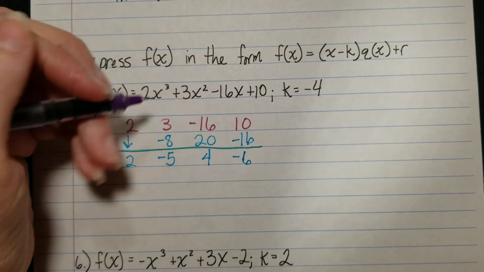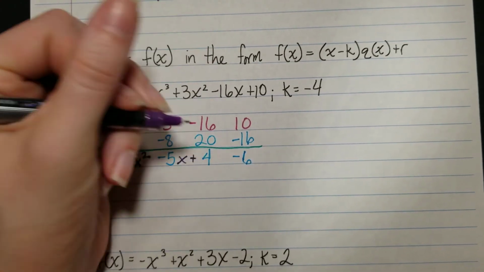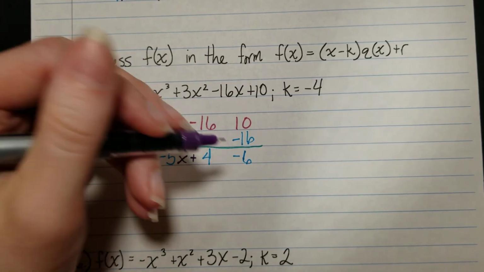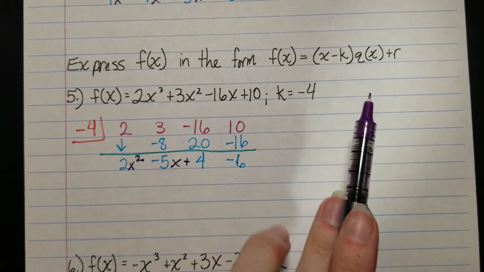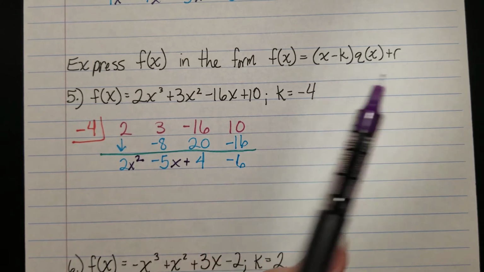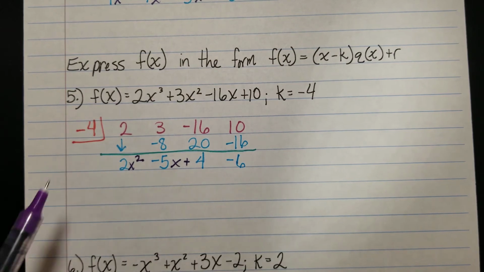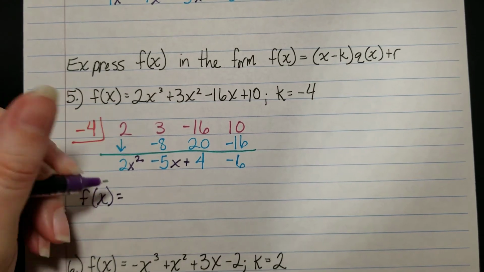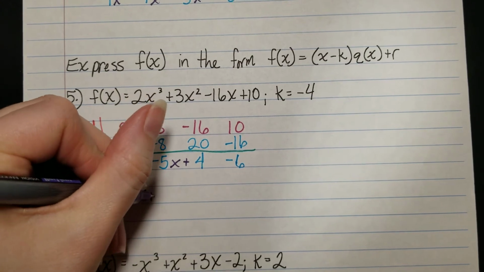All right, so it's going to be 2x squared minus 5x plus 4. If I was doing this like the previous way, I would just put this over x plus 4, but they're asking us to write the answer in the form of f of x equals x minus k. It's kind of like we're factoring it. So we're saying that function is also equal to x minus k, so x minus negative 4 would actually be x plus 4,